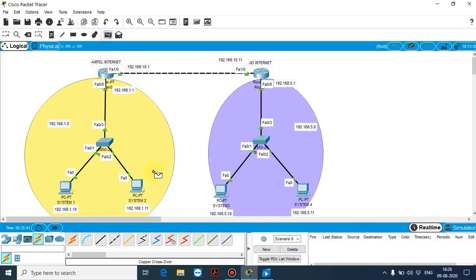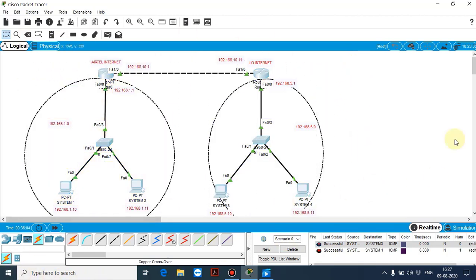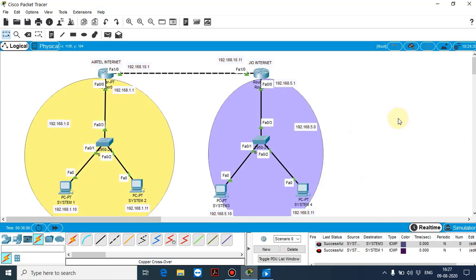If I check from this PC to this PC, again it is successful. In the previous one it showed an error message. Now it shows a successful message. That means the two routers have successfully exchanged their information between two different networks. This is the first lab exercise for your network, that is the static routing protocol. Hope you understand, students.